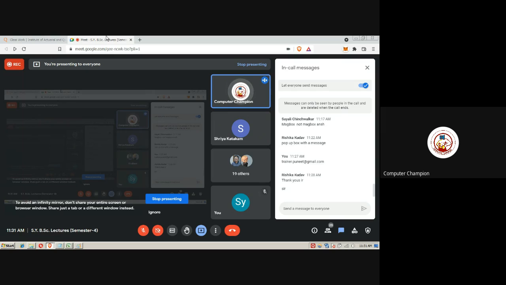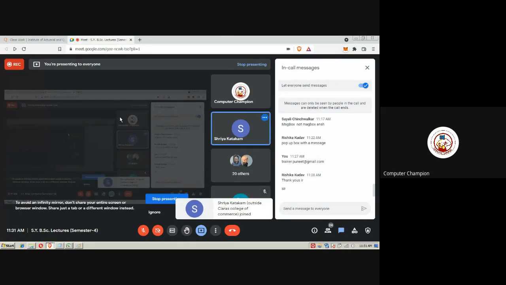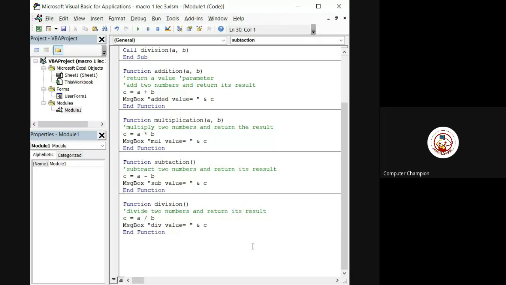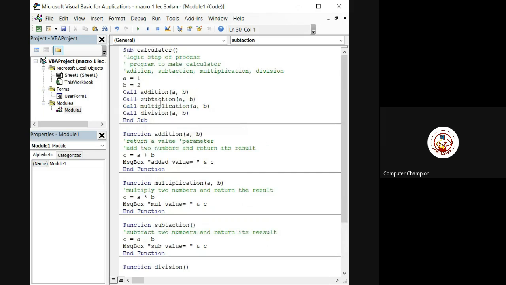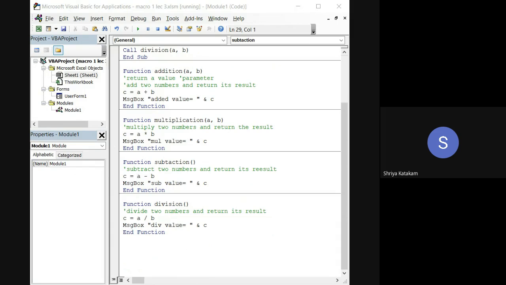Might be in double quotes in the function. Is it visible, sir? No, it's not visible yet. It's coming. Okay. Yes, it's visible now. Please run your program where you are getting the error. This is also coming a wrong value. So 1 minus 2 is giving 0. What values have you given? 1 and 2, yes, sir.